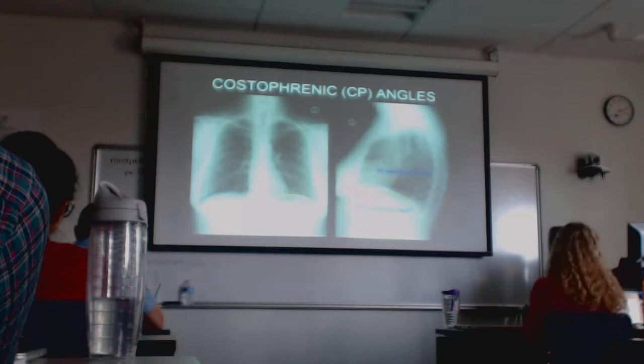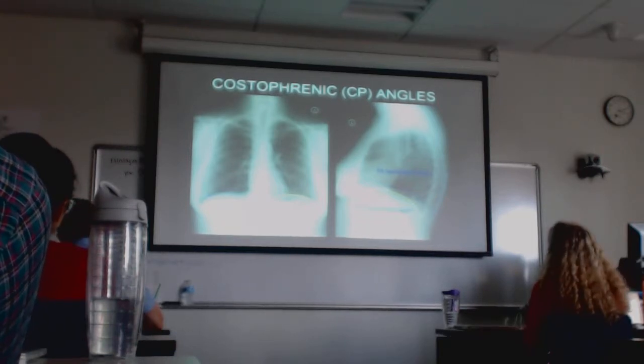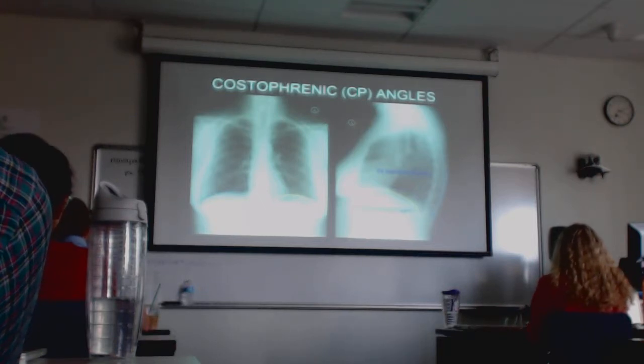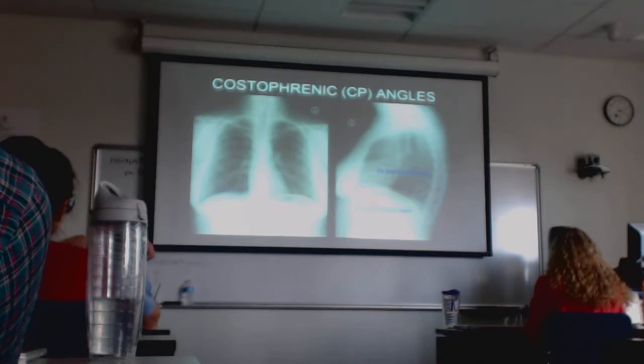A couple of other things we need to look at are the angles, the costophrenic angles. Costophrenic, rib diaphragm, costophrenic. So we want to see that angle where the ribs and the diaphragm look like they come together. Those are down here. Okay, we want to see them as very sharp areas. So on this one, it's a sharp angle. If there's a small amount of fluid layering in this pleural space, you're going to start to see that get blunted. When that becomes blunted or whitish, then there's something sitting in there. It's either going to be pneumonia in the lower lobe or fluid in the pleural space that blunts the costophrenic